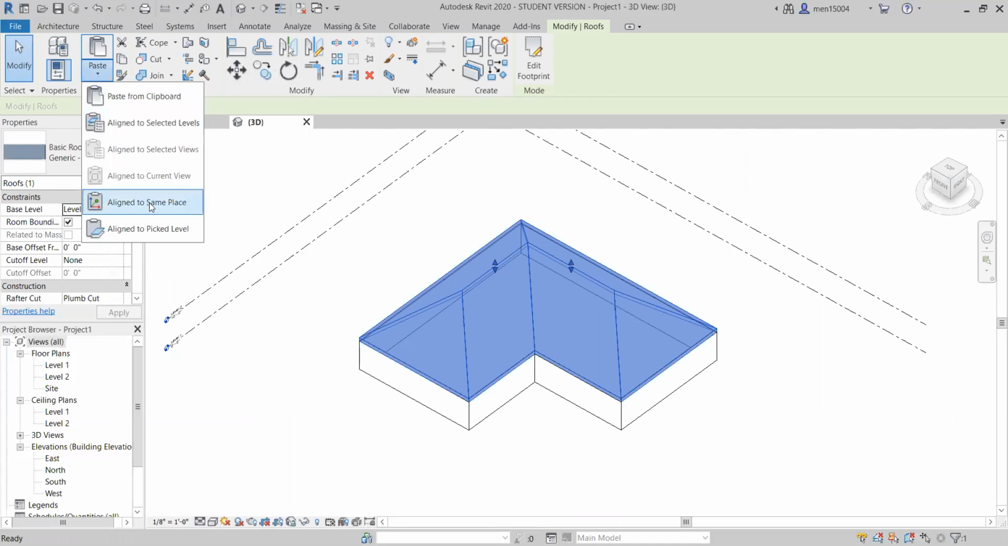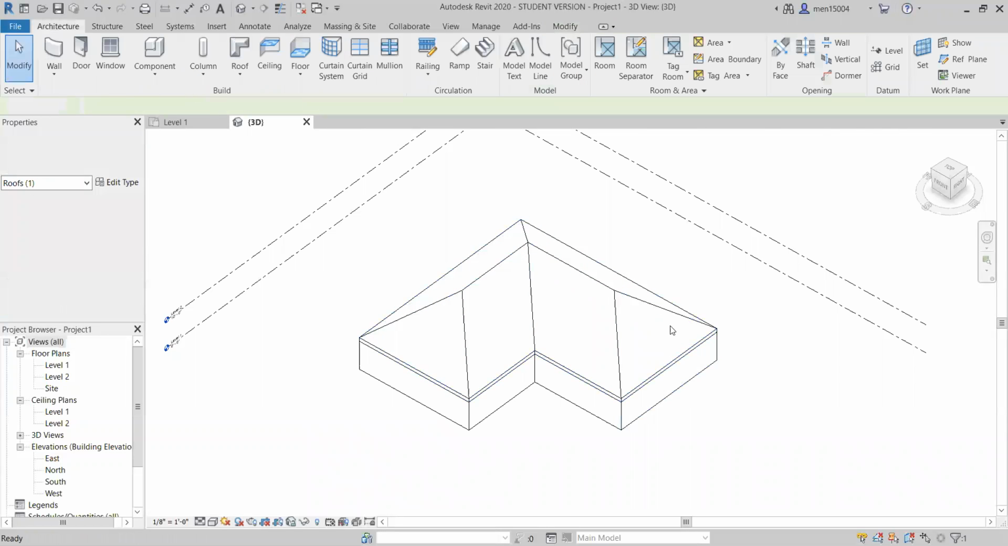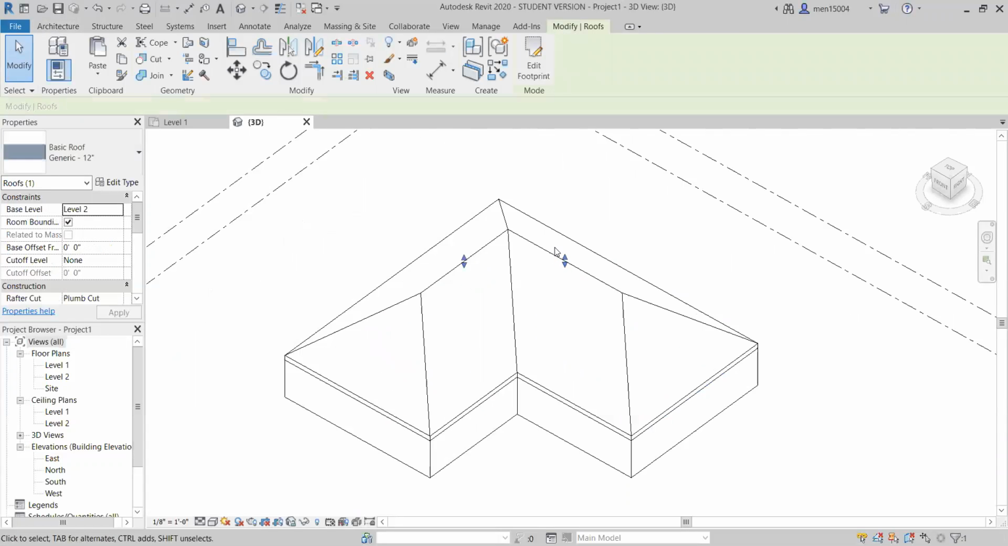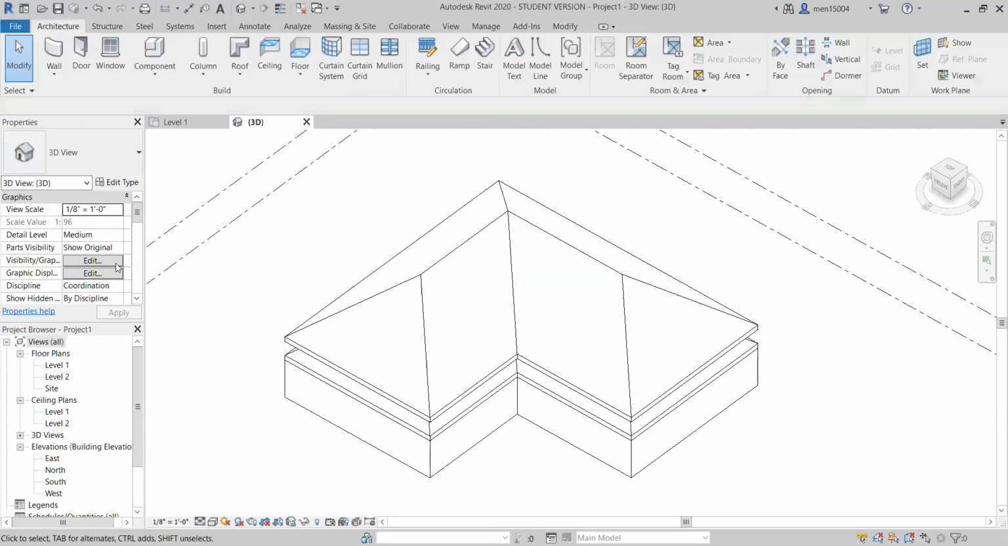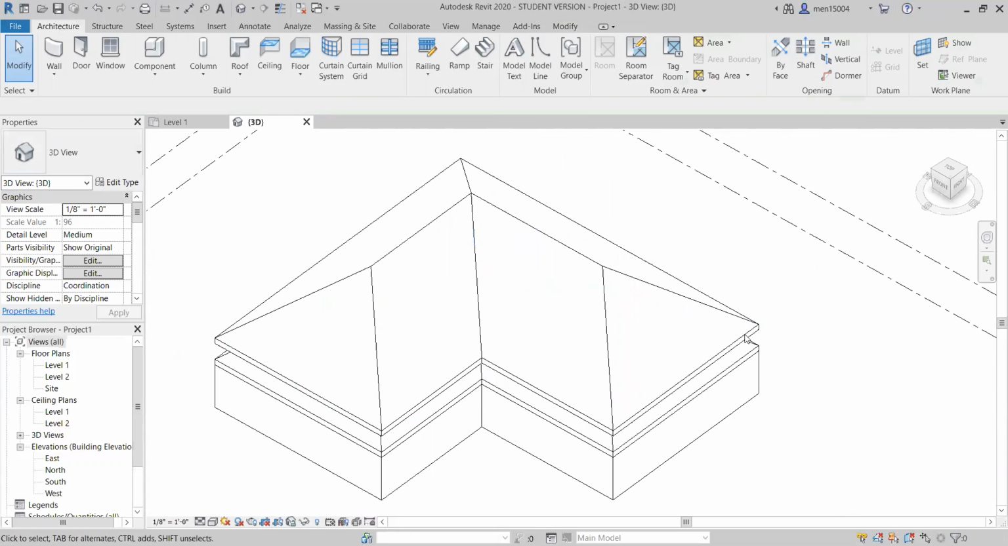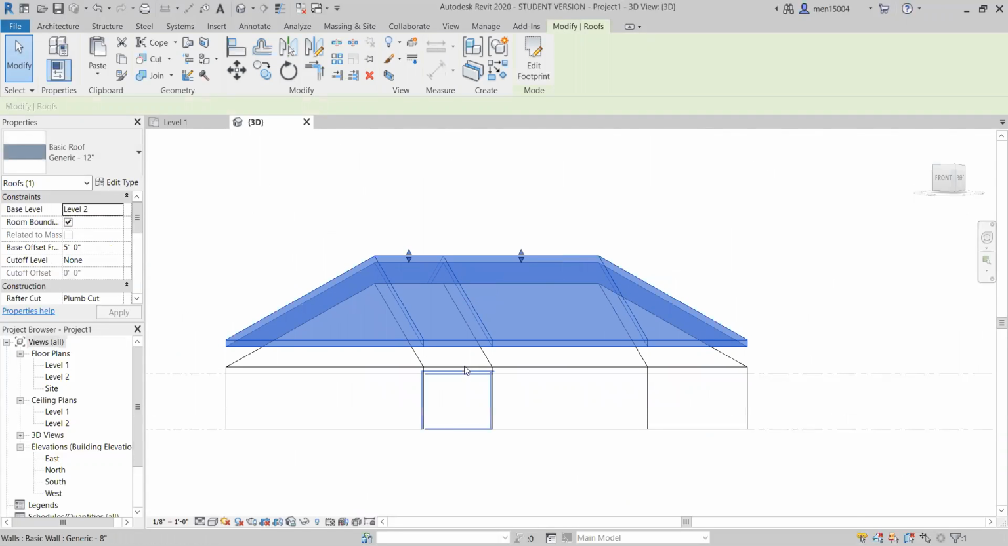and copy it and paste it aligned to same place. Now we have two roofs here, so just click one of them and then pull it up, maybe 5 feet or something. You choose how far you want to pull up. So just click this floating roof on right top of the original roof, and then